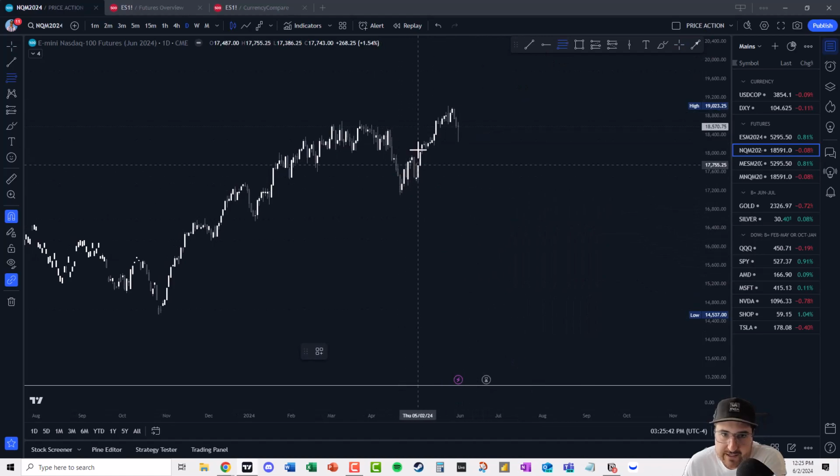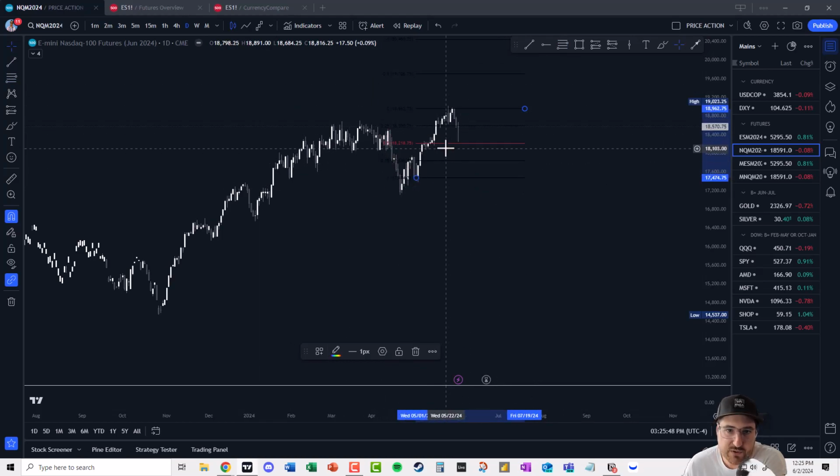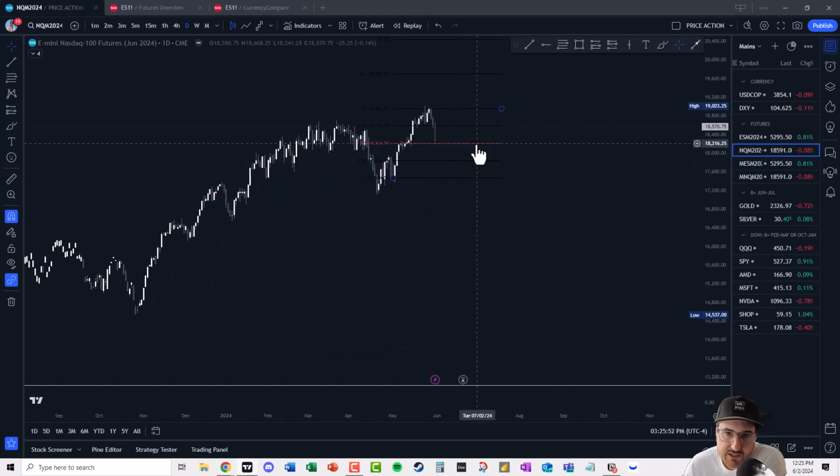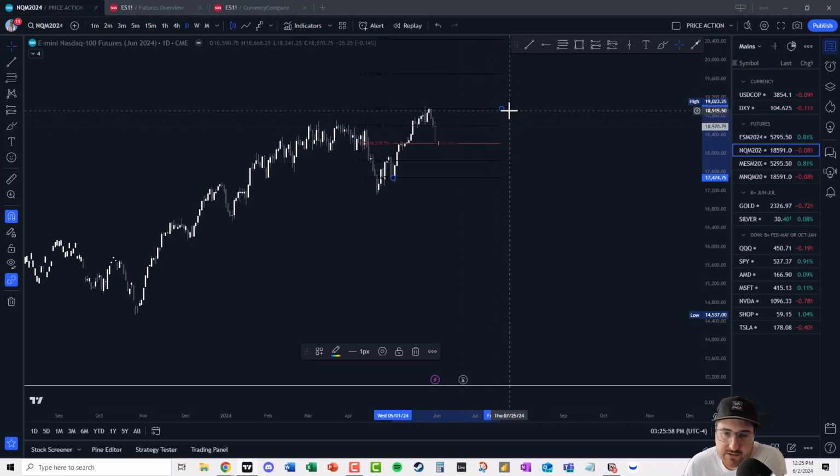So looking at this last push from this body to this body, I know it's hard to see because I was on a white background before, but you can see the 50%. Oh wow, you could just type. That's cool. I think that's a new little update where you just click and add text. That's actually really helpful. So anyways, the 50% of that range has not been tapped,